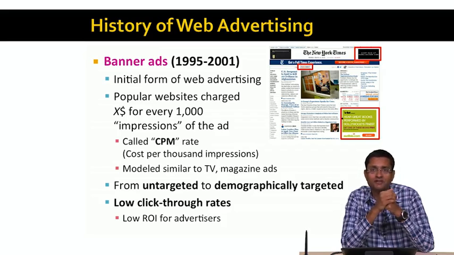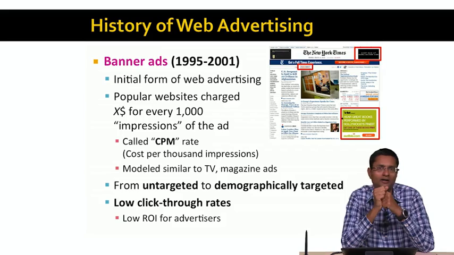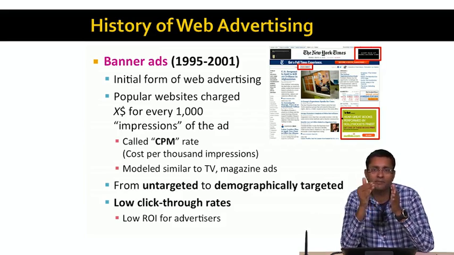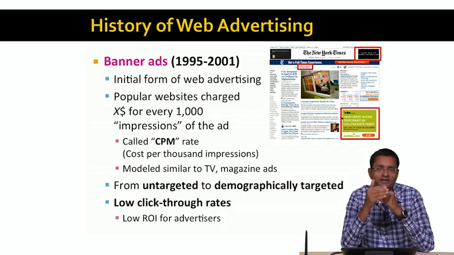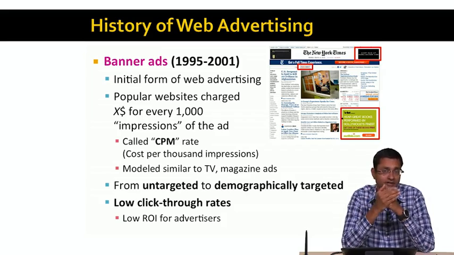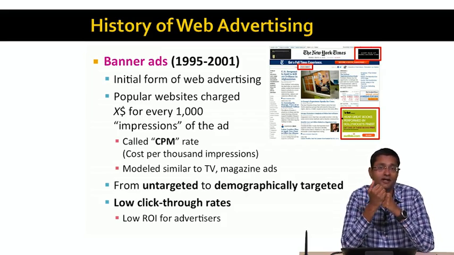Now, how do you measure performance? Typically, advertisers measure performance of ads by looking at how many people click on the ad. What they look at is what's called the click-through rate, which is the number of clicks the ad receives divided by the number of impressions of that ad. Remember, impressions are what the advertiser is paying for in the CPM rate, and the clicks are what they want. And so they measure the return on investment, or ROI, by looking at the ratio of clicks to impressions. Not surprisingly, the early banner ads, which are completely untargeted, have very low click-through rates and very low